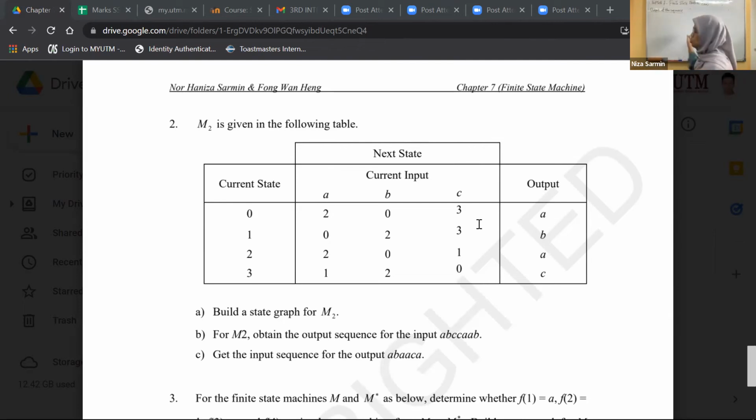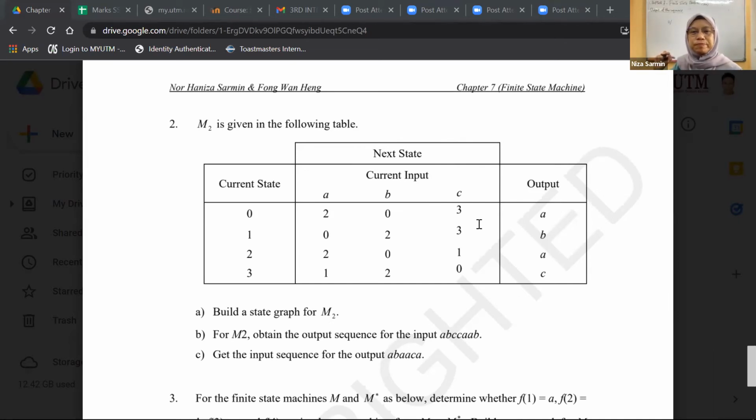How many vertices do I have? For output ke input? 4 ya? 4 because there are 4 current states for the vertices. Okay. This is a little bit different. It's not letters, all numbers, right? So 0 slash